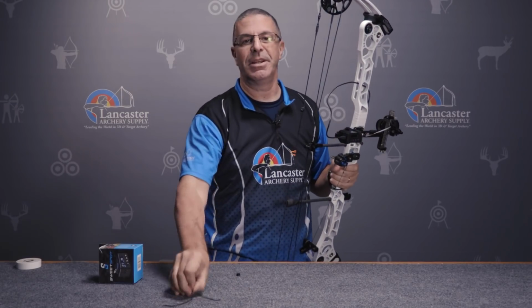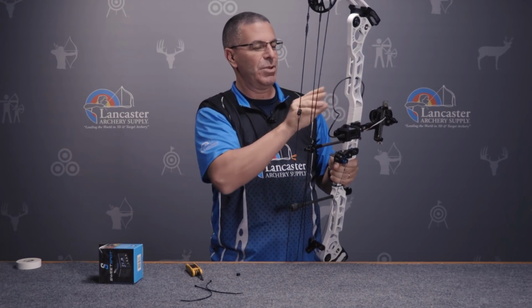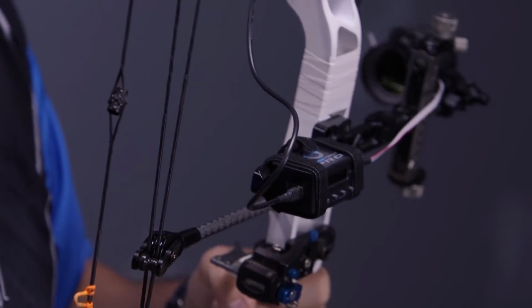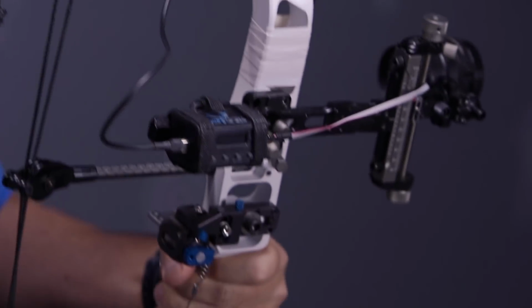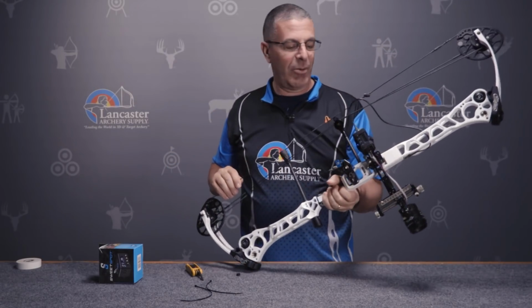In the packet, you're going to get a couple of zip ties. You can make this a lot more beautiful by zip tying the wires down to get them out of the way. Remember, this is just our dry fit to make sure we like everything. But before we did all this,